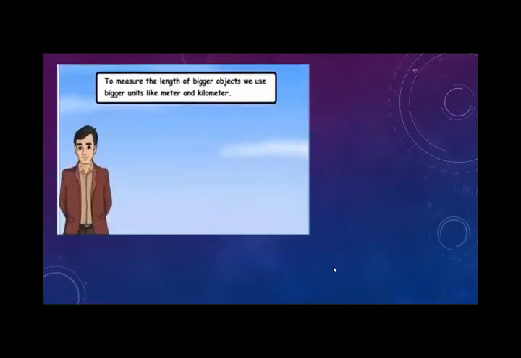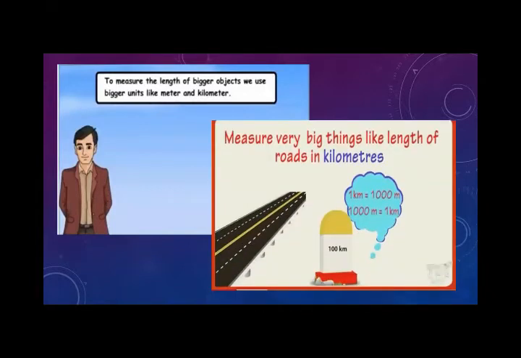But whenever we have a bigger piece of cloth or a longer piece of cloth, we use centimeters or meters to measure it. Okay, so this concept is clear now. To measure smaller objects, we use millimeter and centimeter, and to measure the length of bigger objects, we use bigger units like meter and kilometer. Here you see 1 kilometer is equal to 1000 meters, and 1000 meters is equal to 1 kilometer, same. Okay,